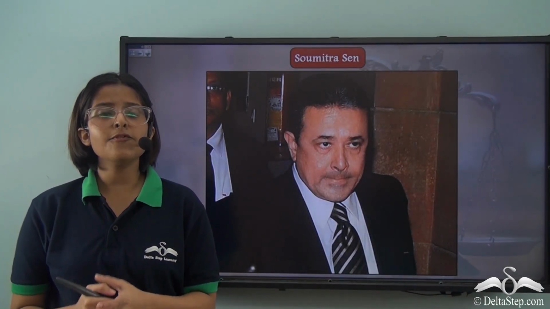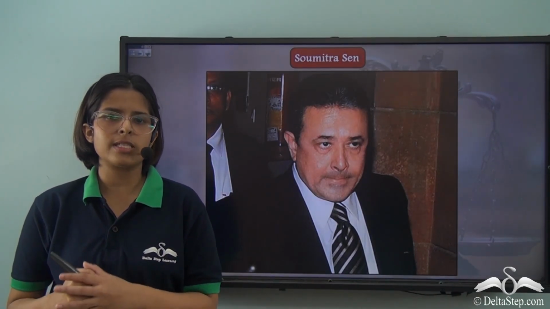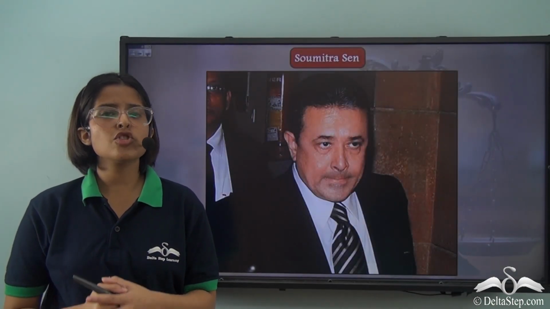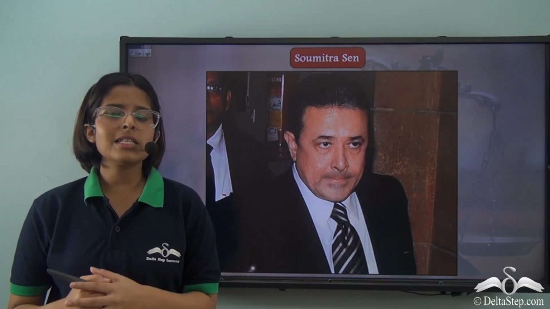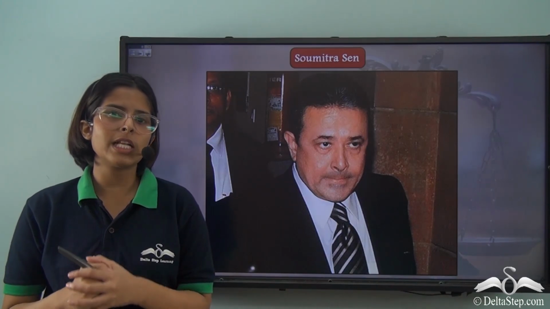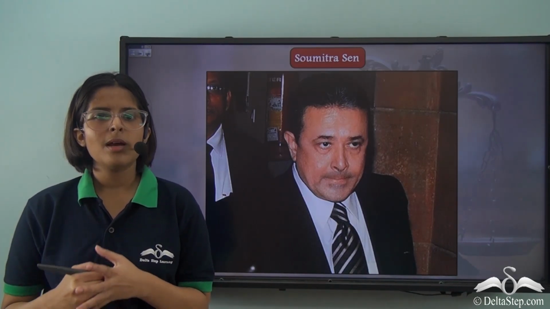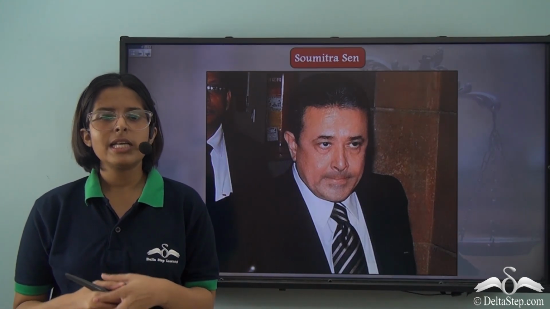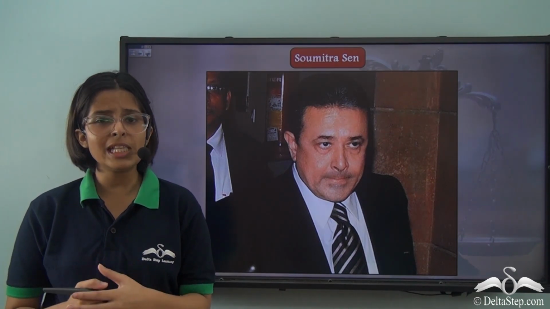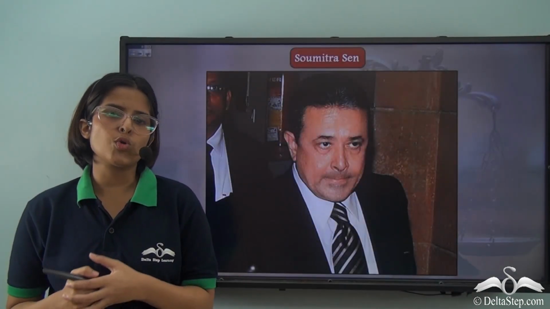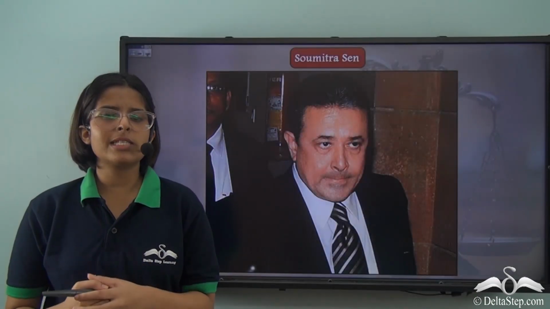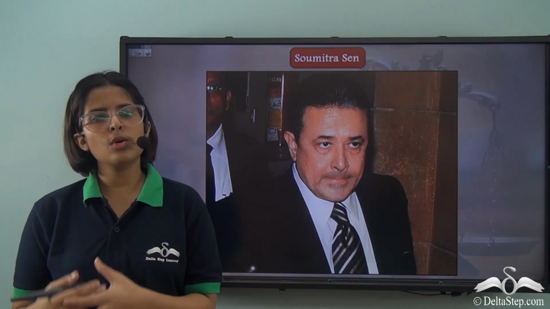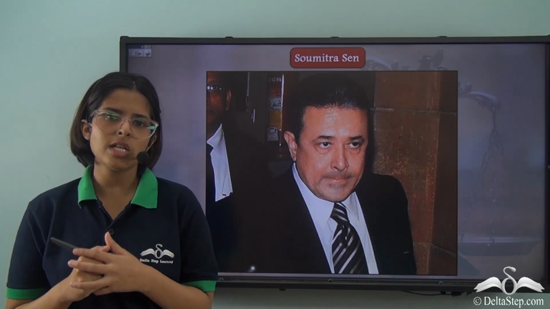In 2009, 58 members of parliament of the Rajya Sabha moved a motion in the Rajya Sabha against Calcutta High Court Judge Soumitra Sen. And this removal motion was passed by a very high majority in the Rajya Sabha. But after this was passed in the Rajya Sabha, Soumitra Sen resigned himself. He said that if the Rajya Sabha does not feel that he should be a judge anymore, he does not want to continue in his position. So before the resolution came to the Lok Sabha for consideration, he had already resigned. So the Lok Sabha did not try to pass the resolution anymore.